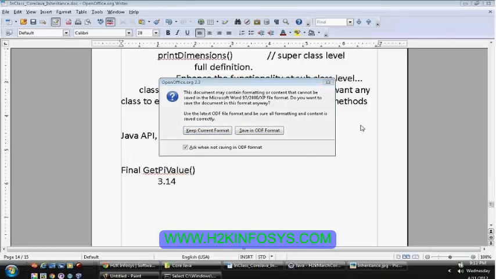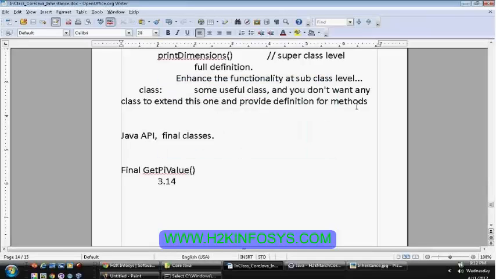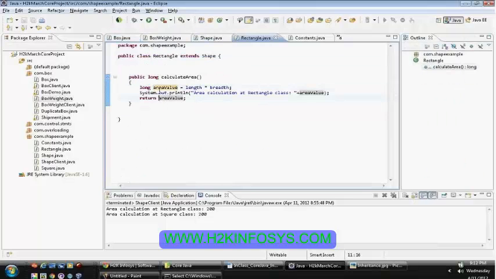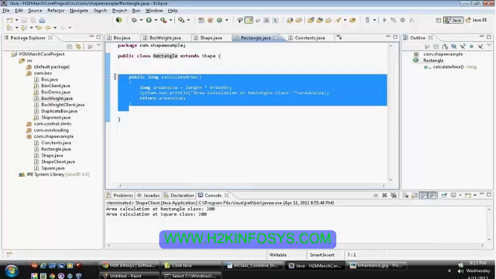Can we declare an object for an implemented abstract class? Yes, we have to provide an object for the subclass or concrete class. Then only you can call any of the methods by using the abstract reference. Tulasi is asking, can we declare objects for an implemented abstract class? Implemented abstract class means the concrete class. Currently, this is our abstract class, and we have extended it with our shape class, and